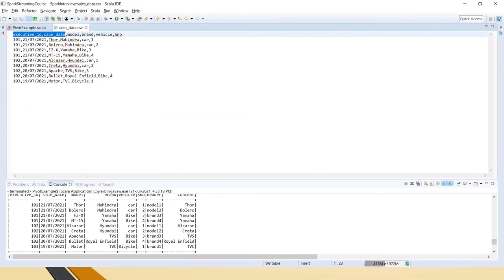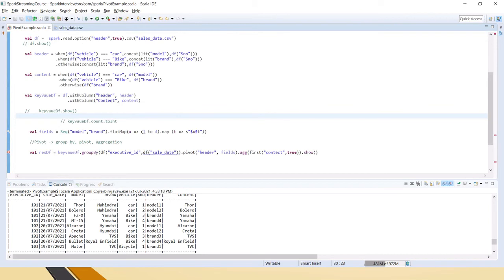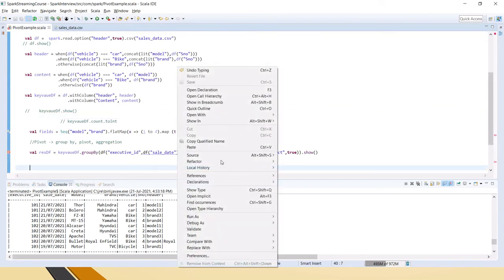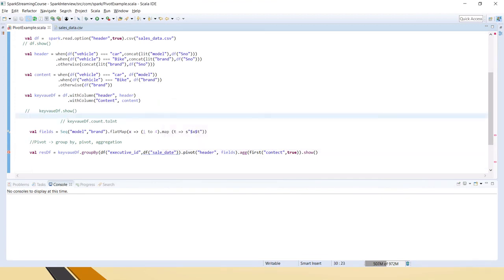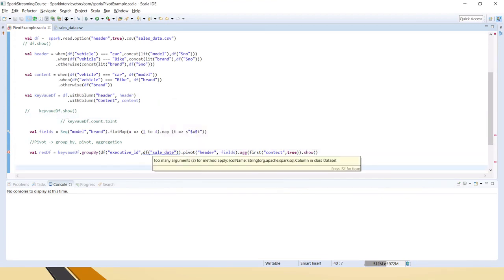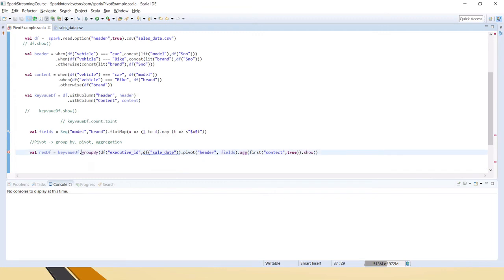Sale date only, right? Sale date. Okay, let me run and let it show the error. Okay, I understand, I haven't closed the brace there.